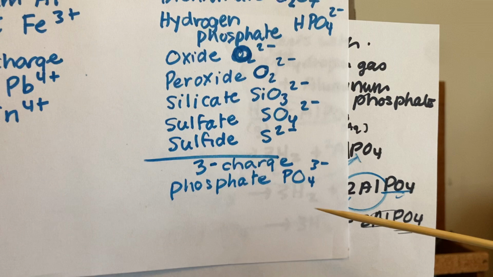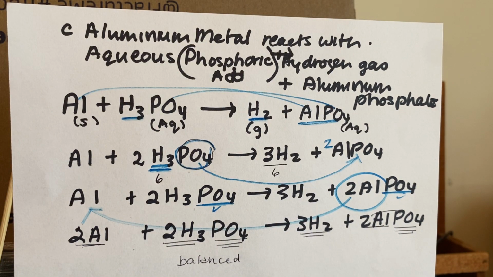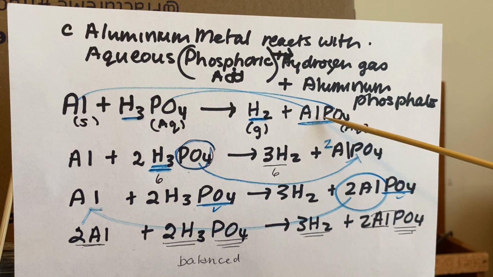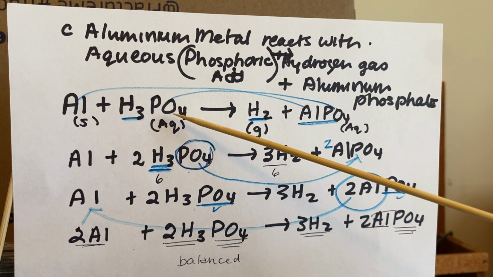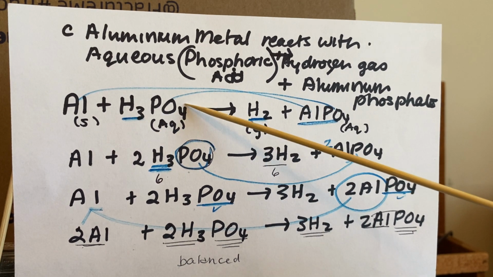Right here is phosphate at the bottom of your list. Right there, phosphate, okay? Okay, so putting this together, we looked at aluminum has 3. We look at aluminum phosphate, they go together because phosphate has 3 and aluminum has 3, so we're pretty good at that. And then we know basically we're going to look and see the phosphate here has 3, so we